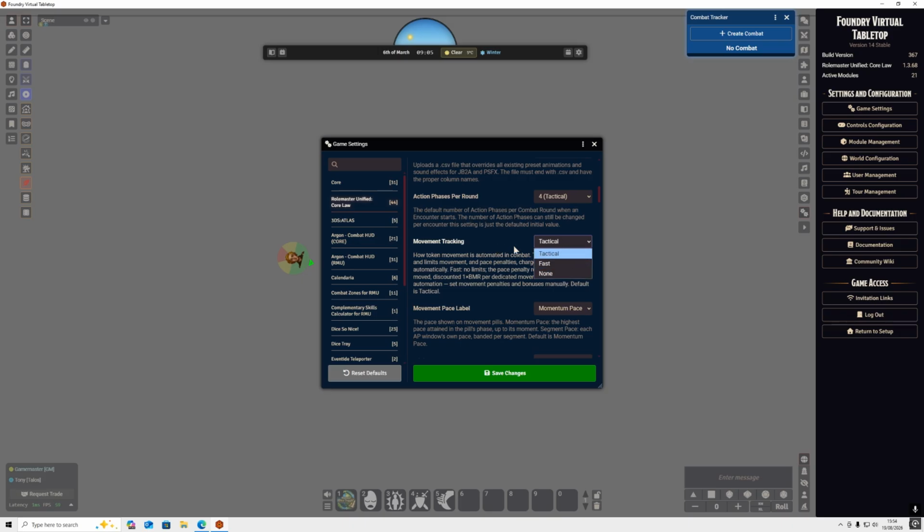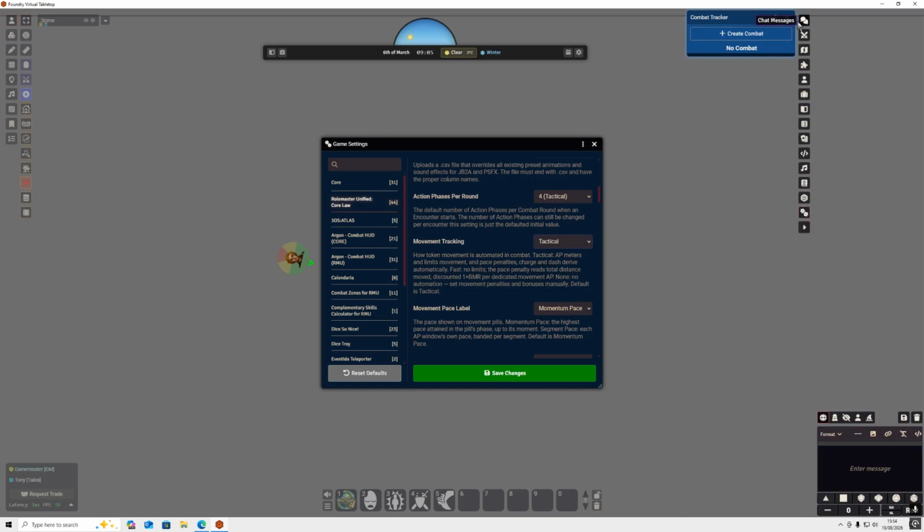And then movement tracking, we have 3 options: either tactical, fast, or none. Tactical is where movement is tracked over each phase. And then depending on the distance you travel, it will track how far you've traveled and what action penalty you will receive for that movement distance, depending on the pace that you've used. Or if you decide to use AP movement, it will show you that, but that's something we can show you